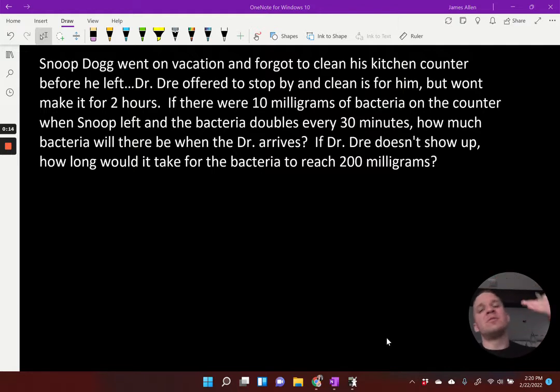Nobody wants that. So Dr. Dre, solid dude, offered to stop by and clean it for him. But he won't make it for 2 hours. Now, there's 10 milligrams of bacteria on the counter when Snoop has left the house. And that bacteria is doubling every 30 minutes. My goodness. How much bacteria will there be when the doctor arrives,